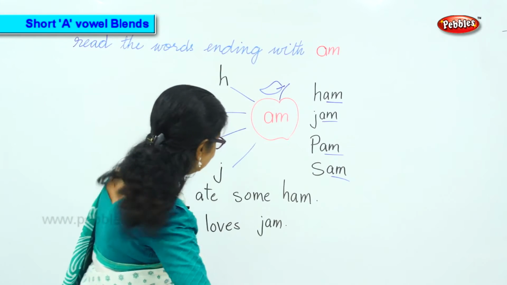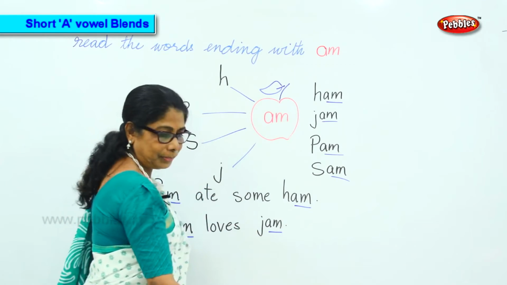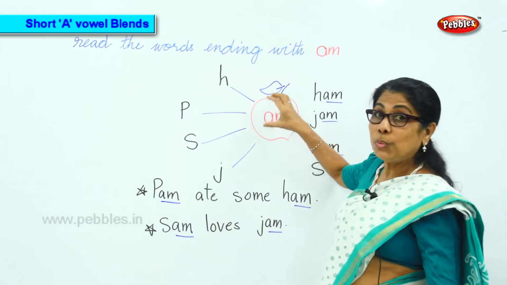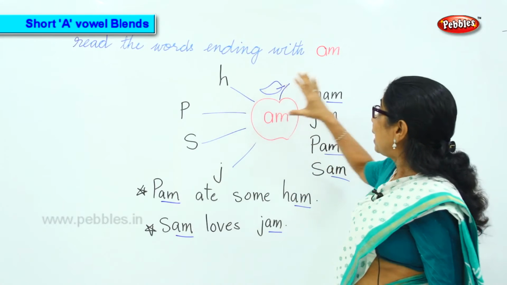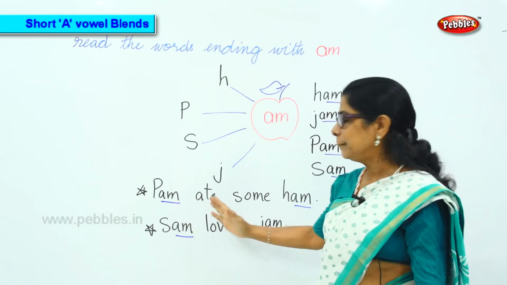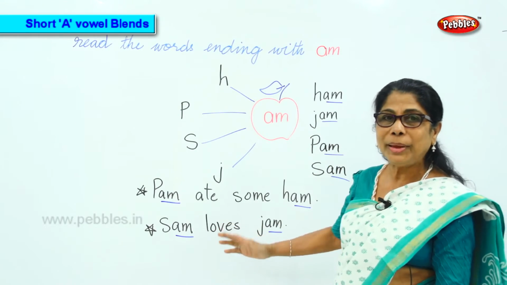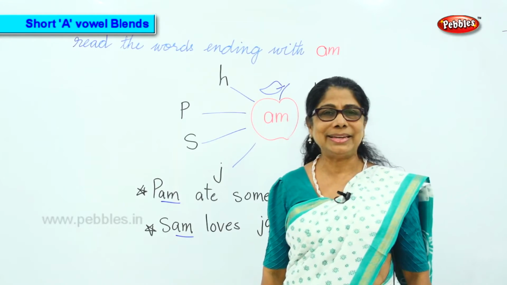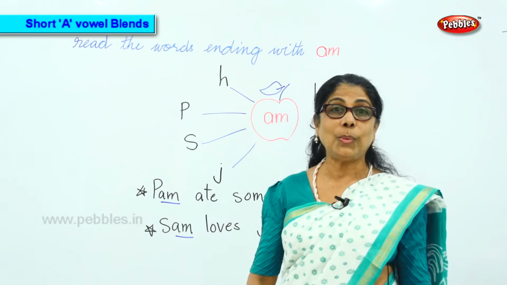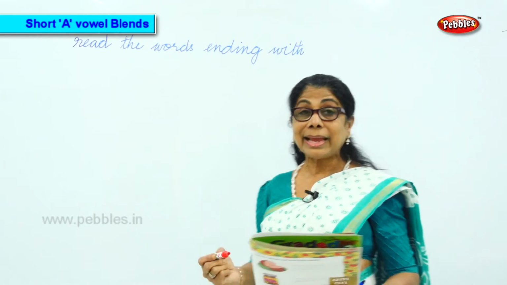Okay. Now, just look at that. Words ending with am: Sam, jam, ham. Let's remember, when we use the word ending with am, we are learning to read words. Ham, jam, Pam, Sam. These are names of people. Pam ate some ham and Sam loves jam. Making sentences using these words. Isn't it interesting? You must try to create more sentences in an interesting way for reading loud. Let us now do some words ending with